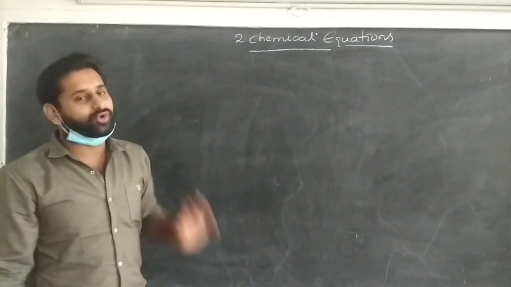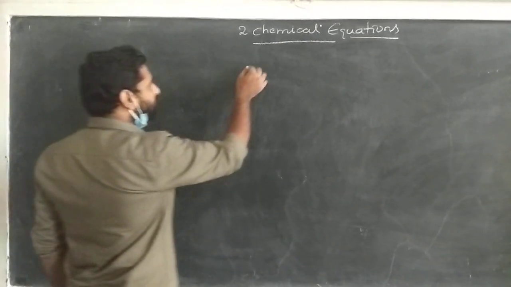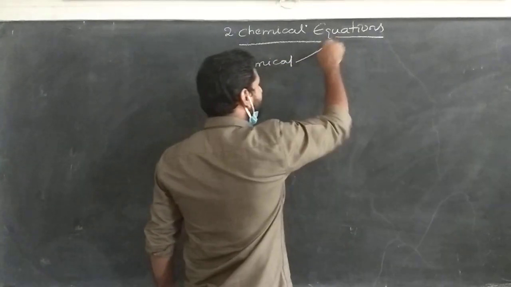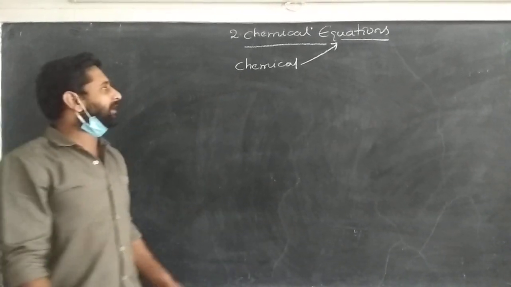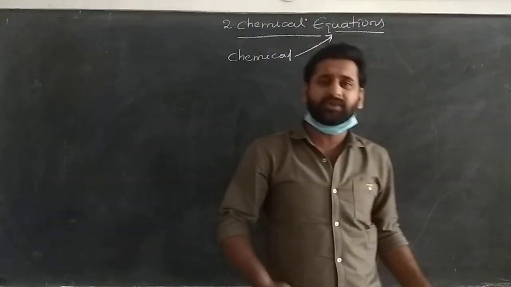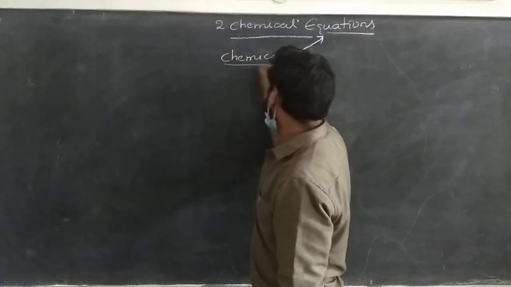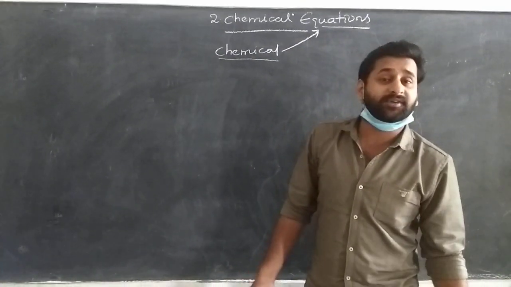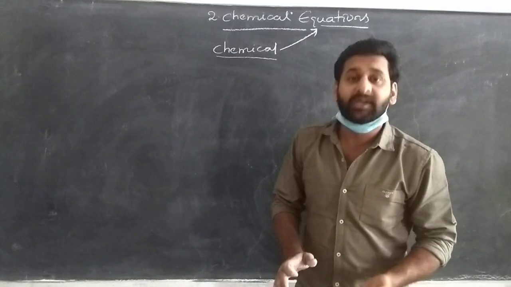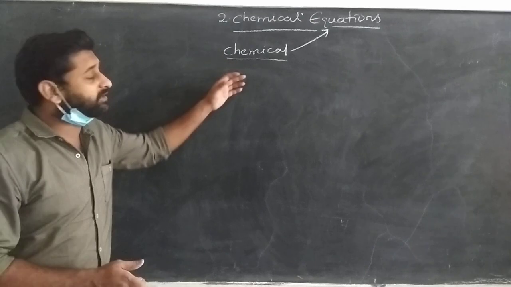Okay, so let me come to what is meant by a chemical equation. You already know what is meant by a chemical and what we can do with these equations. I think I told you already, but don't worry, let me revise once again. In our day-to-day life, we are dependent upon chemicals. See, now with the corona effect, we are using a sanitizer, an alcoholic sanitizer, which is nothing but a chemical. In the same way, we use chemicals in our day-to-day life.